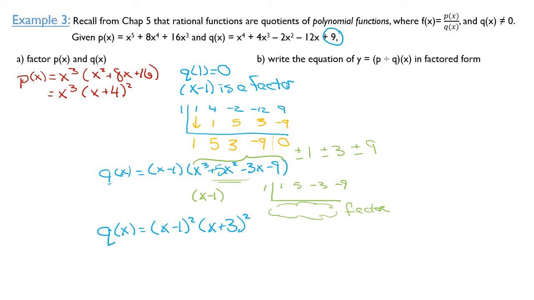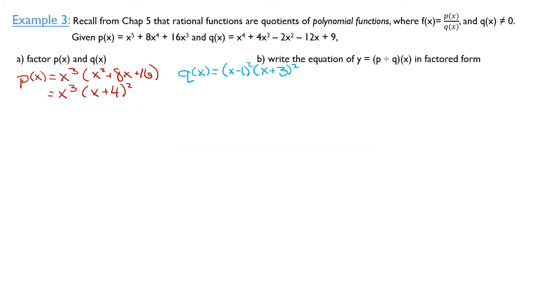And that is what you should have for Q(x). So I'm going to erase all of this here, and I'm going to put just my factored form in there because I need more room. If you haven't written that down yet, do it now because I'm about to erase it. I'm just going to write Q(x) in factored form. Now part B says write the equation of y equals P divided by Q(x)